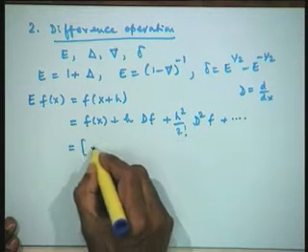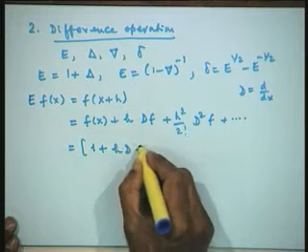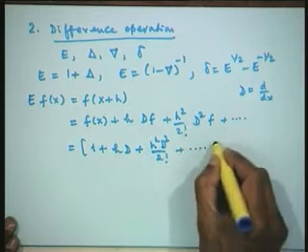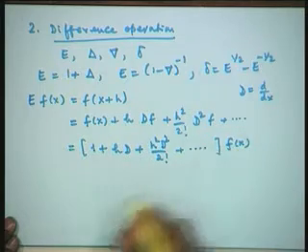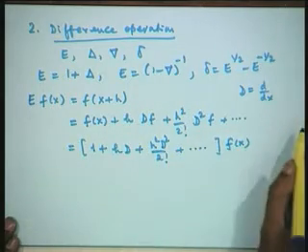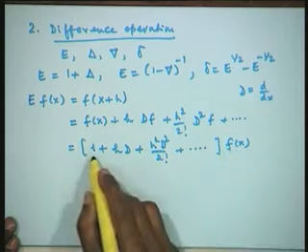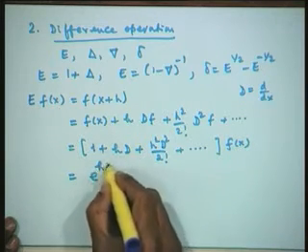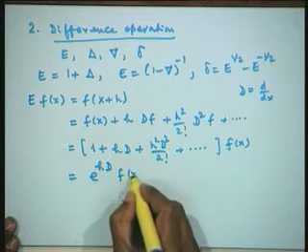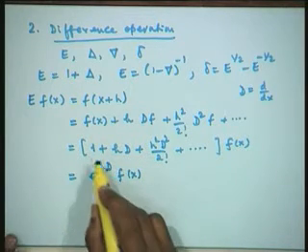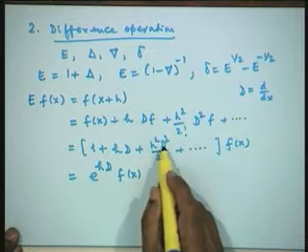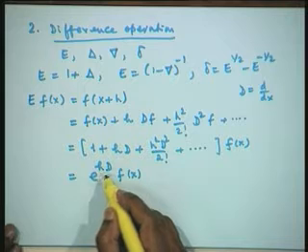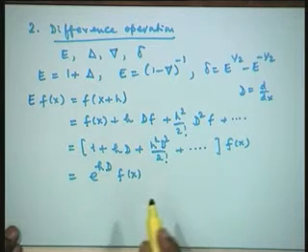I will now write this as 1 plus h d, h square d square by factorial 2 and so on, operate on f x. So, I have taken the f x on to the right, so that I operate on f x this particular operator, and this symbolically I can write as exponential of h d, operate on f x. So, if I open up exponential of h d, we will have 1 plus h d, h square d square by factorial 2, h cube d cube by factorial 3 and so on. So, whatever is there in the bracket is the symbolic expansion of exponential of h d.